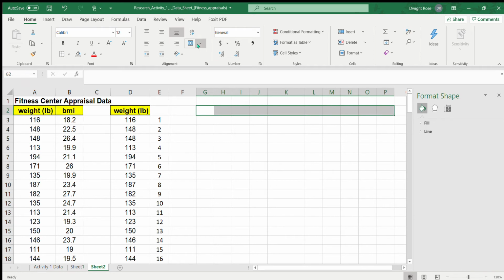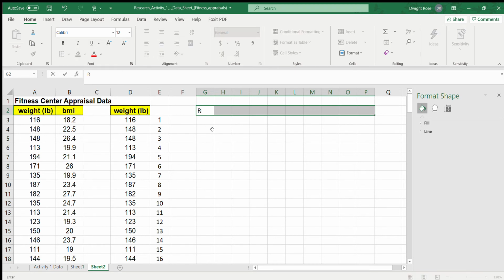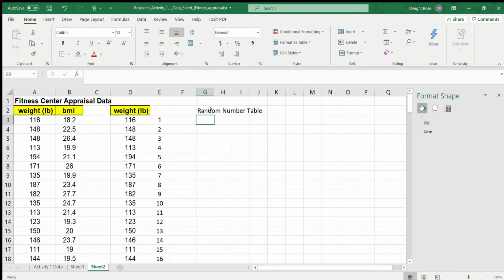So I wanted to format column width and change it to something like 5. So all of the columns are the same. So I'm going to call this my random number table. Okay, so my random number table is going to be here, and then I'm going to put equal rand between, and you'll see it come up. So once you start typing, you'll know. And then let's say I'm going to put between 1500 and 3200. I can choose any numbers I want